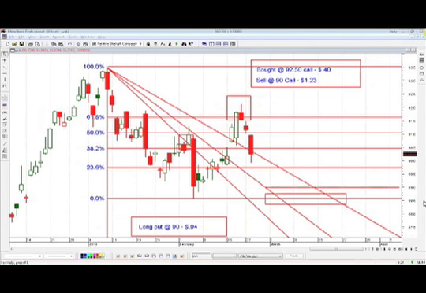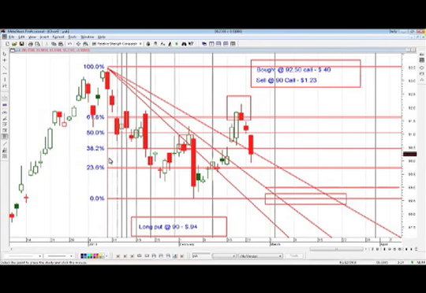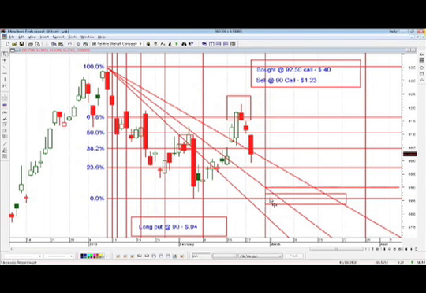Okay, any other questions? Okay, so Ashley's asking me to apply a time study. So we're going to make this chart really messy here. I just applied a time study to the same thing, and I'm not seeing anything jumping out at me.